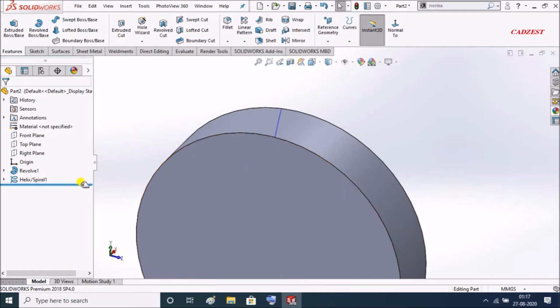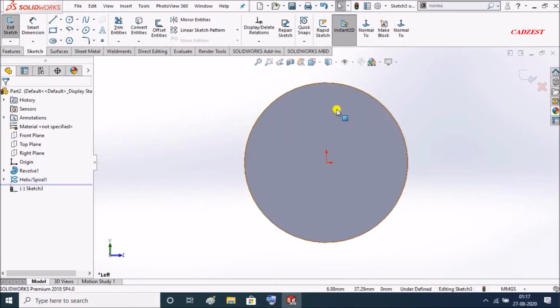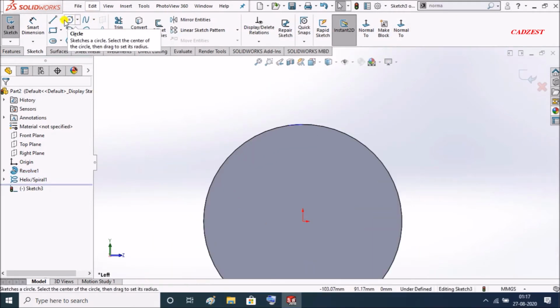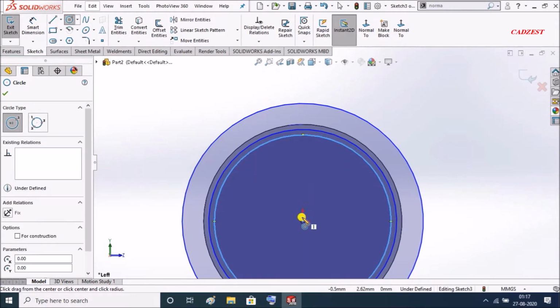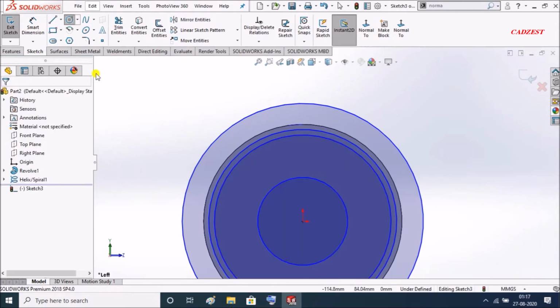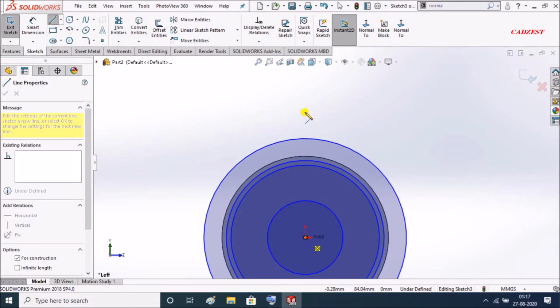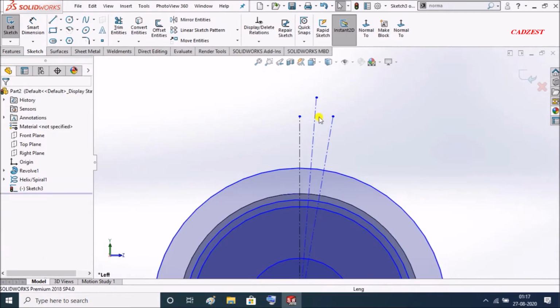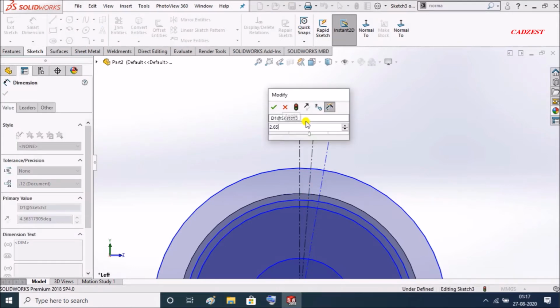Now I'll right click on this face, select sketch, normal to, and I'll create 4 circles. I'll create 3 center lines from the origin, like this. The angle between this and this will be 2.65.